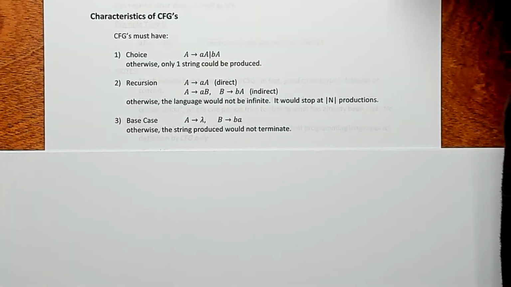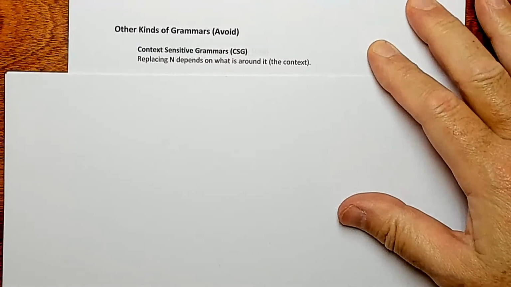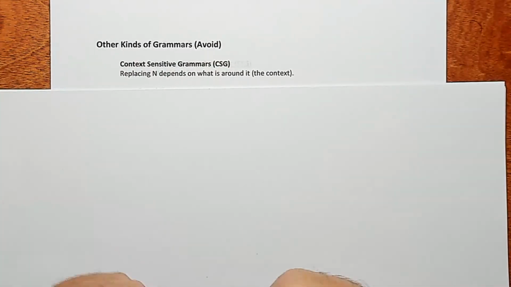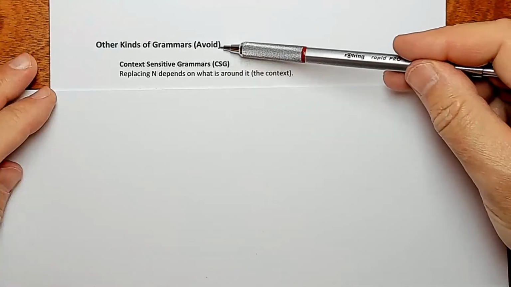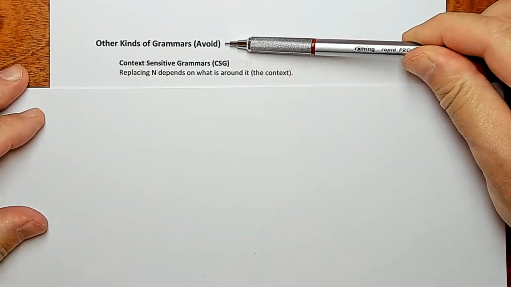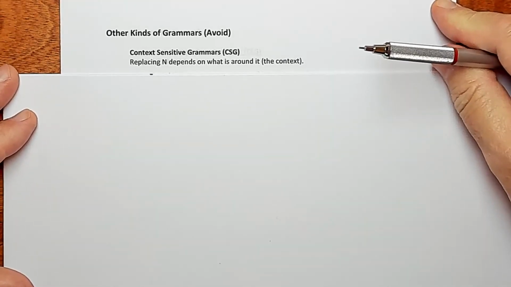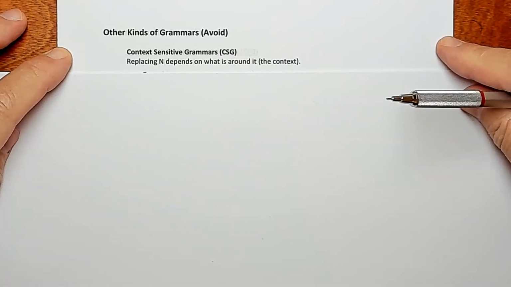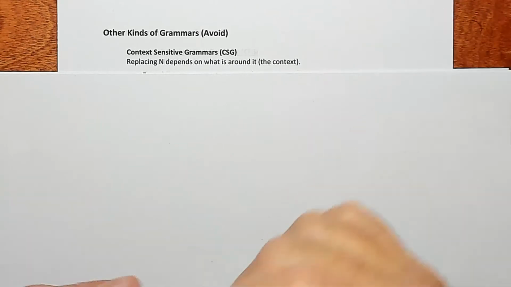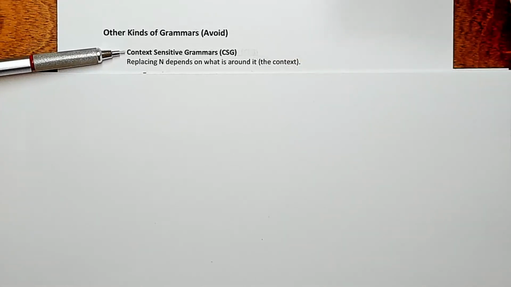All right, I think we're ready to actually look at some example grammars now. Oh, no, we're not. There's other kinds of grammars. So far we've been looking at context-free grammars. CFGs, context-free grammars. There's other kinds. You need to understand that there's other kinds so that you can avoid them. All right? Or at least right now, in the state of computer science right now, we tend to avoid these other kinds of grammars. Maybe you'll need that in the future, but so another kind of grammar is something called a